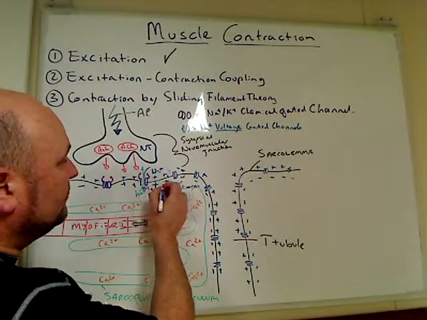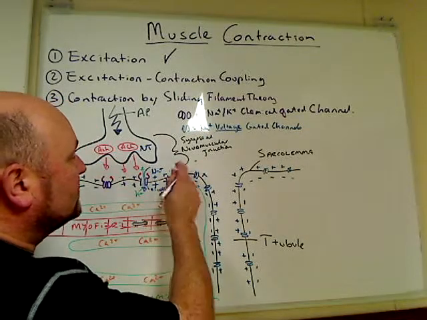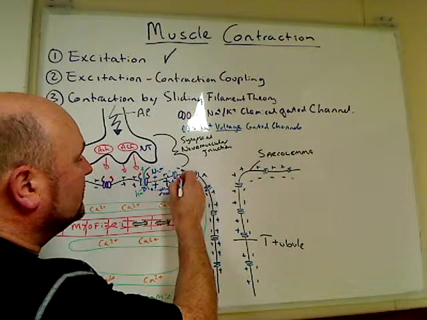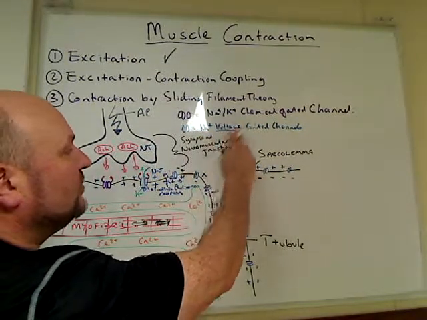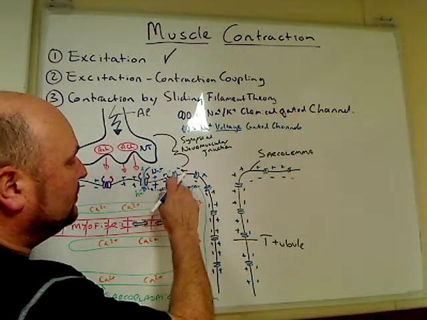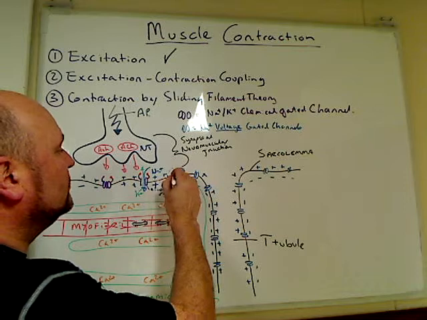As it builds up, it diffuses out because positive charge repels itself, and it gets closer and closer to this channel here. Now this channel is a sodium voltage gated channel, so the build-up of positive charge on the inside causes it to change its shape,